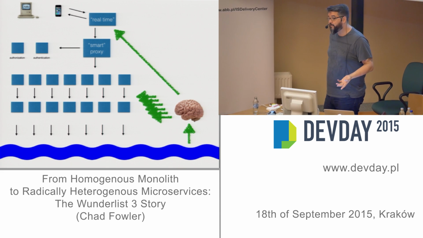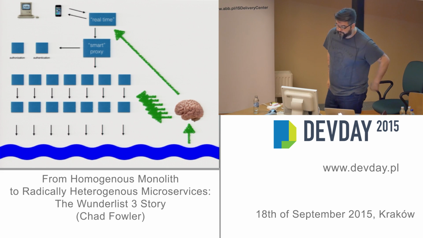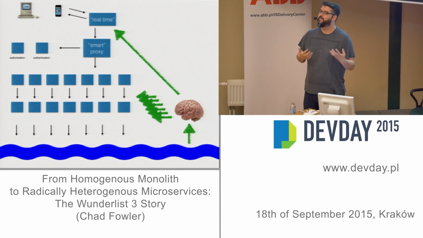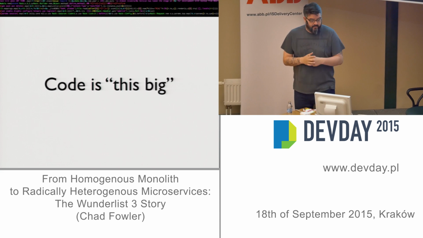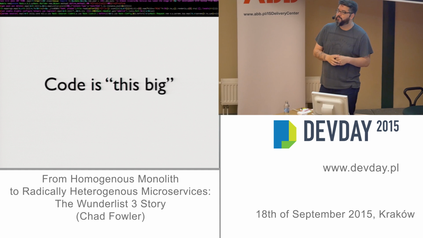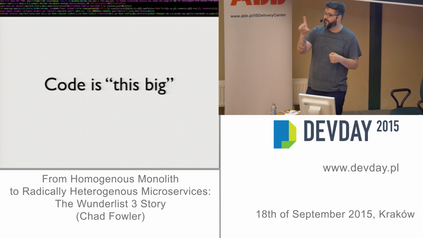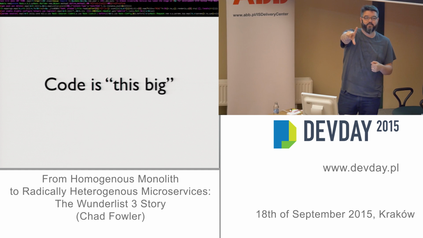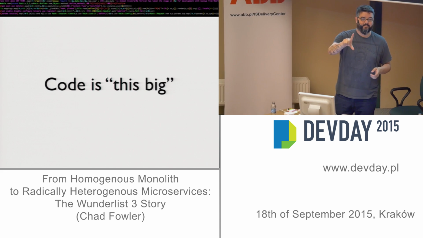And why did we make little services? Because we wanted to start thinking about things in terms of cells, right? So I made a few rules, and it wasn't really rules, it was more like ideas that we spread through the team as we started working on the new architecture. The first one is that services in general should be about this big. And the reason I wanted them to be no bigger than this, and literally I mean you hold your fingers up on the screen and the whole thing fits in this much space, is that anyone can understand anything you do unless you're really trying hard, if it's no bigger than this.